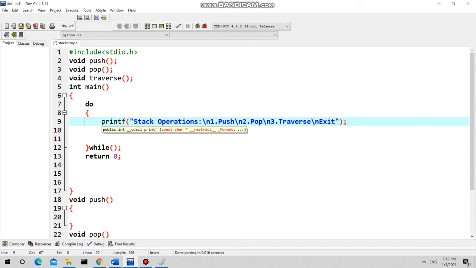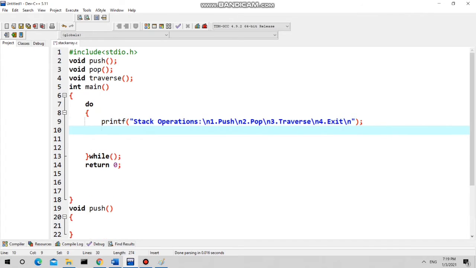Suppose the user is not interested in any operation of the stack, then he can simply press option 4. Then I will take a separate printf here for asking the user to press an option: enter your choice.